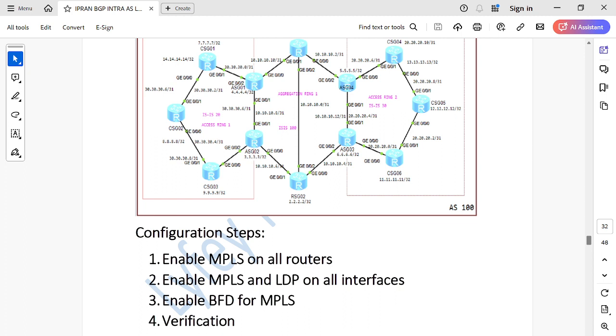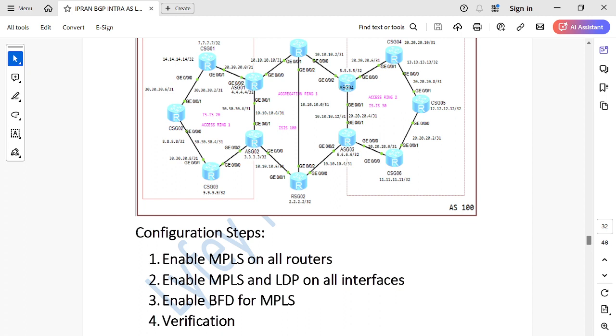So you need to enable MPLS, LDP, and RSVP on all the interfaces. Another thing that we need to do is to enable BFD, the bidirectional forwarding detection, so that we are able to detect when there are faults in the network. And then remember, LDP will have to establish sessions between nodes. So it's very quick to detect that a session is down or a link is down, then the LDP session will be torn down and avoid